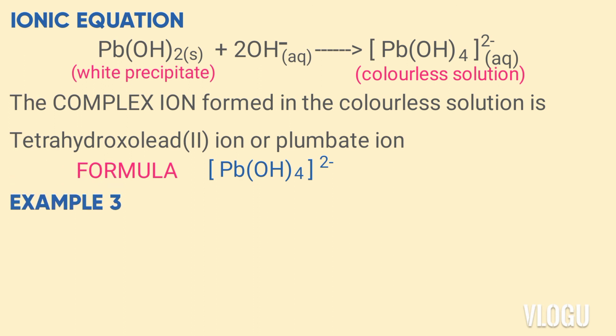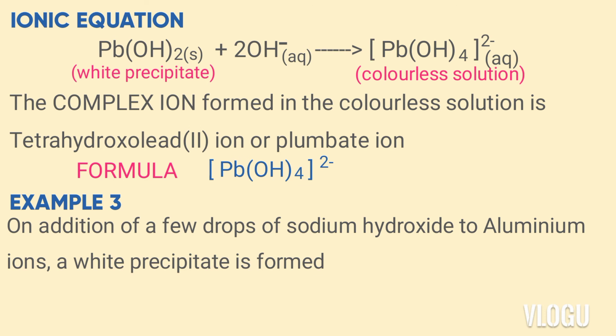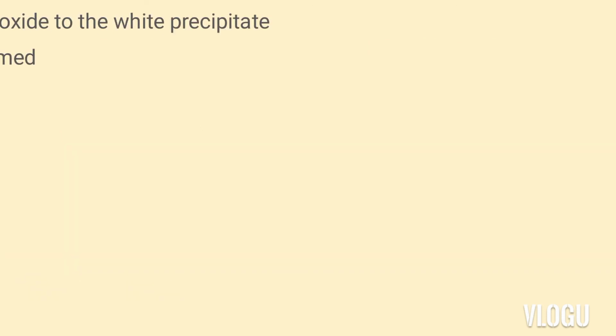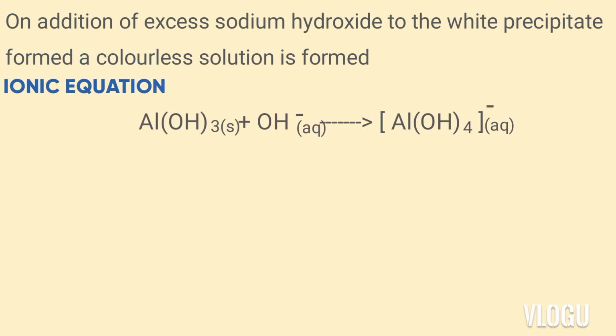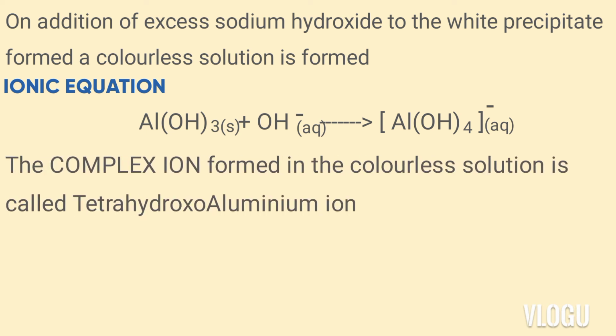Example 3. On addition of a few drops of sodium hydroxide to aluminium ions, a white precipitate is formed. Ionic equation is. On addition of excess sodium hydroxide to the white precipitate formed, i.e. aluminium hydroxide, a colourless solution is formed. Ionic equation is. The complex ion formed in the colourless solution is called tetrahydroxoaluminate ions, also called aluminate ion. The formula is